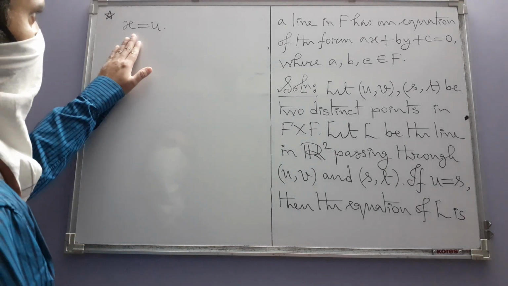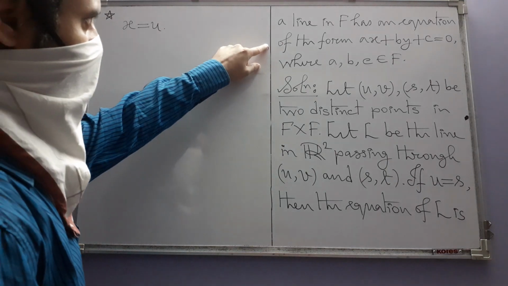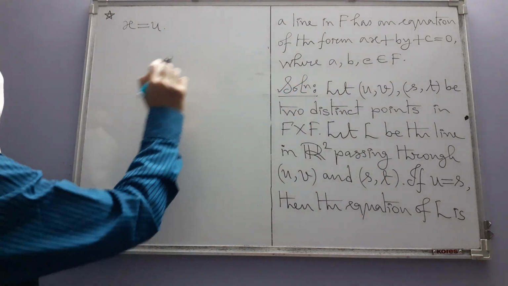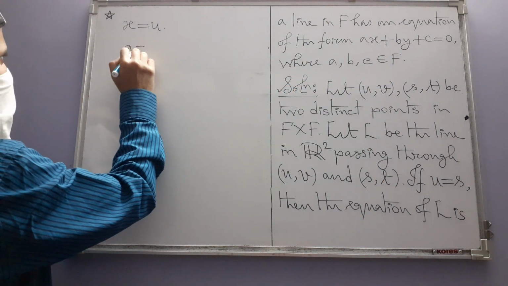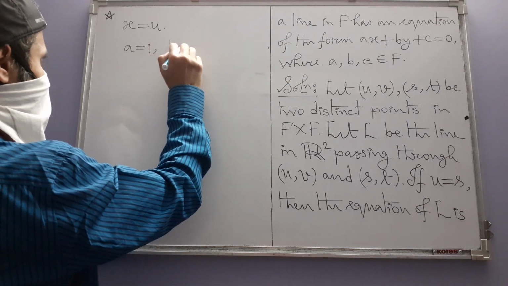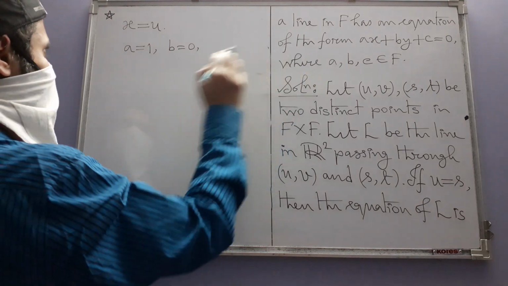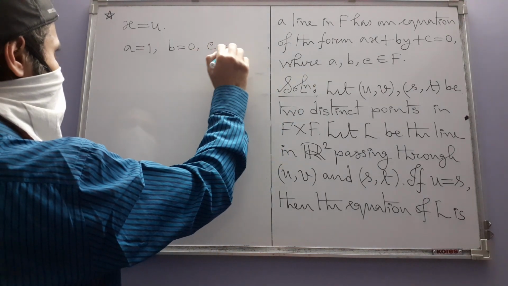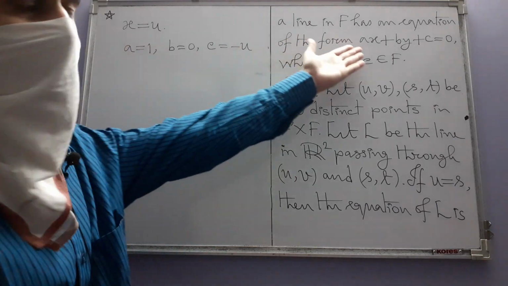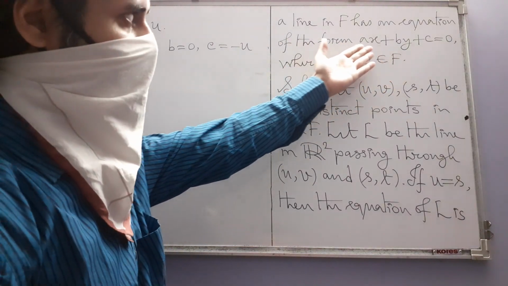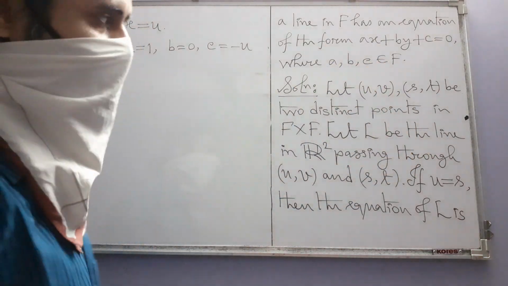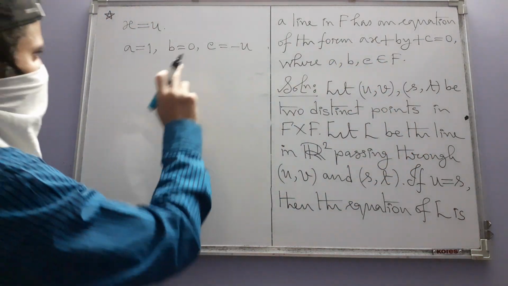Now, if you look at this equation and compare it with the form that is given, you see that in this case A is 1, what is B? B is 0, and what is C? C is minus u. So the equation, of course, has this form because this is the general first degree equation in two variables. But the point here is that